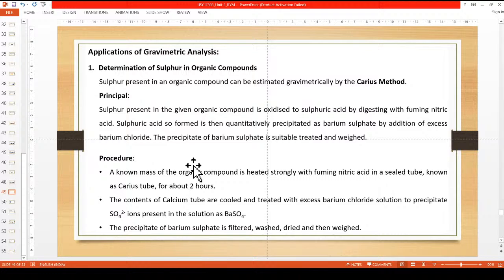Okay, now in the application part we will see very quickly applications of gravimetric analysis. For your syllabus, 3 applications are quoted in the book. One of the applications is determination of sulfur in organic compound. In organic compound, your organic compound will be like